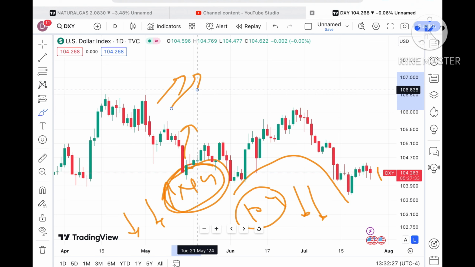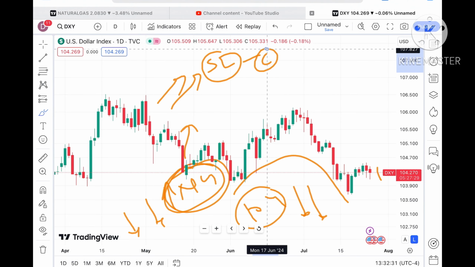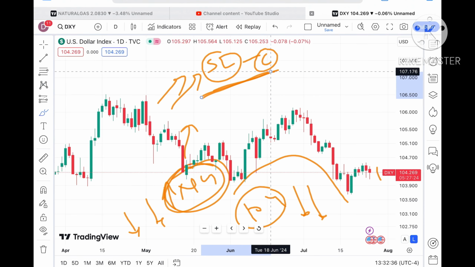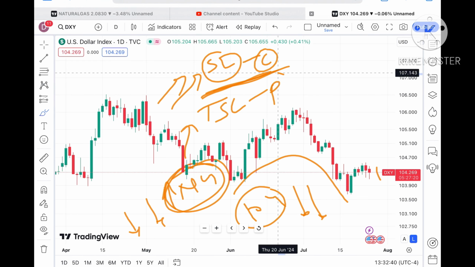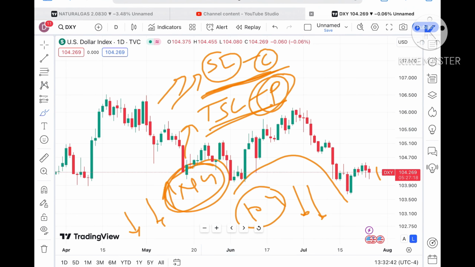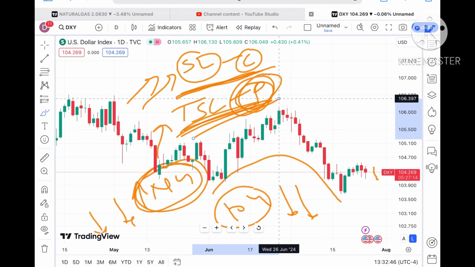But sometimes they both move in the same direction. If that happens, you can put your SL; you have to put your SL otherwise also, so capital can be saved, because the market is always uncertain. And once you start trailing your SL, as soon as you are in profit, your profit can be saved.